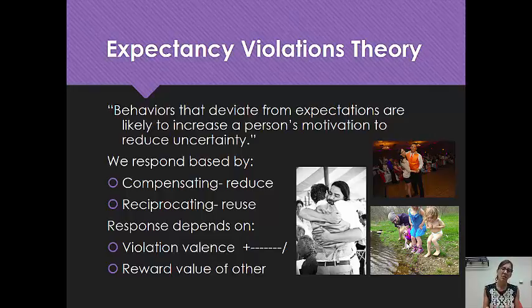The last story I guess I'll share with you in expectancy violation is a personal story, but it helps you understand a little bit about the different dynamics between the reward value, the violation, and then compensating and reducing. The first time that I met my husband's parents, we pull in the driveway and he says to me, there's a few things you need to know. My dad is kind of a touchy-feely, huggy kind of guy, and my mom is pretty standoffish. I've also only really ever brought one girl home, so I'm not really sure how my mom's going to respond to that. But my dad will probably be pretty positive and pretty open. I'm like, okay, great, this is going to go well.